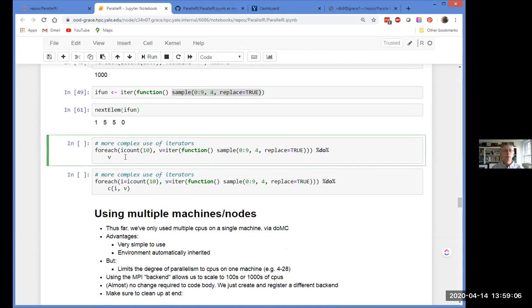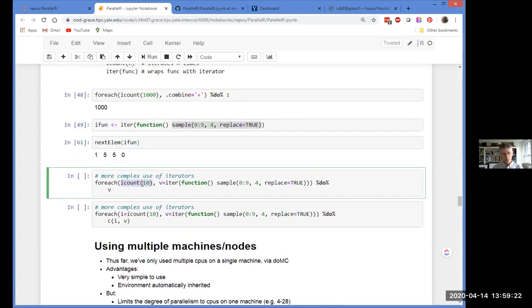Here, what we're going to do is combine those two ideas. So this is an iterator that returns a bunch of random numbers and assigns them to v. And then the other iterator that we're going over is, I call it an anonymous iterator, that's just going to iterate 10 times. And if you recall, one of the features of multiple parameters in a foreach is you only iterate the length of the shortest of the set of iterations.